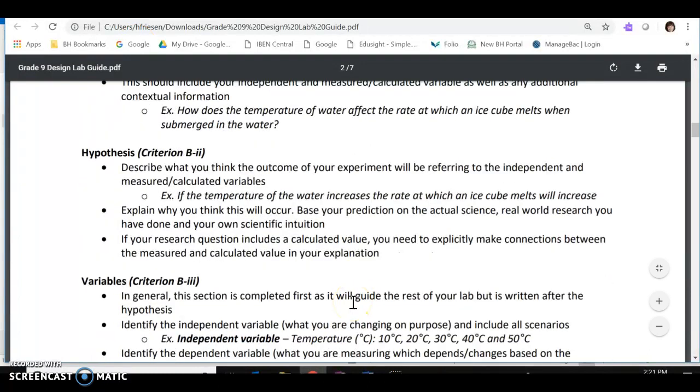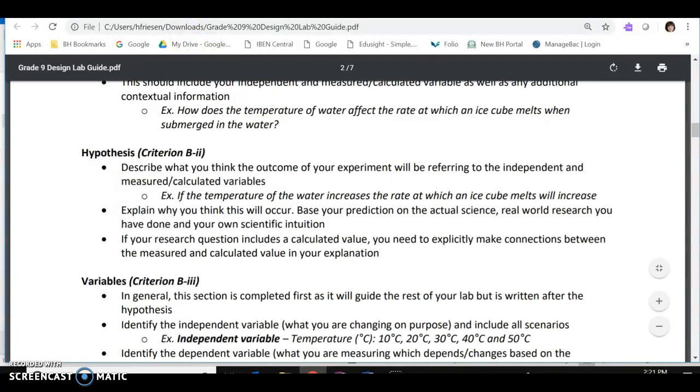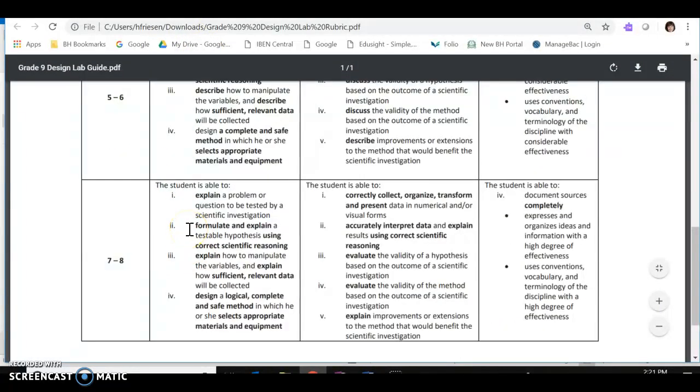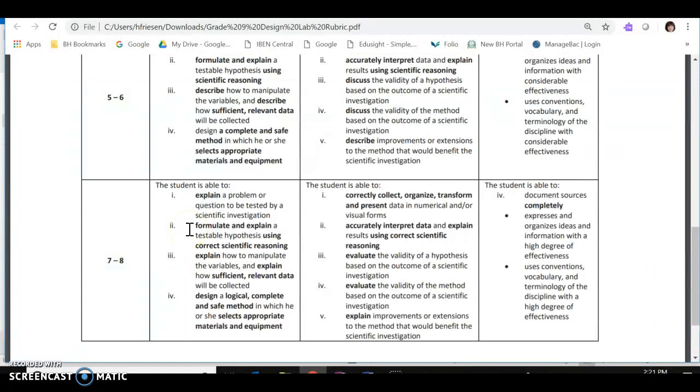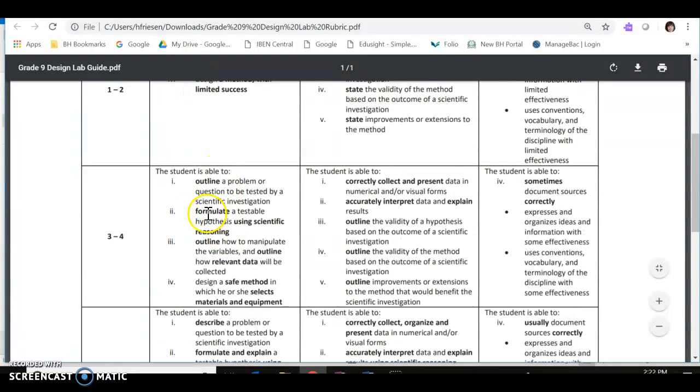Your hypothesis is effectively a predicted answer to your research question. You're going to describe how you think the experiment will actually turn out when you do that manipulation of your independent variable. And you want to explain why you think this is going to happen, and this is where the scientific reasoning really needs to come into play. Again, if we take a look at the rubric, we're looking at formulating and explaining, different than up here, simply